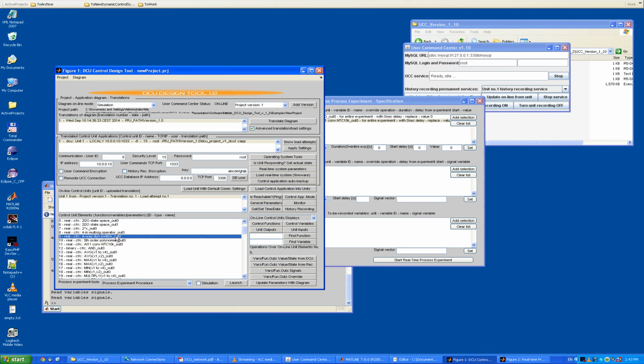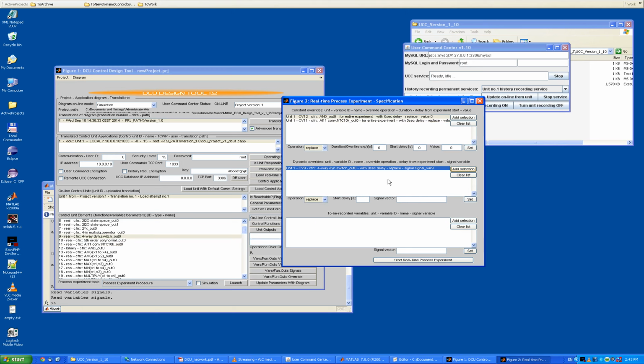Dynamic override, we can select variables for dynamic override and we select. Finally, we select also recorded variables. We can choose the same as in the dynamic or constant override. When we have selected all the variables, we can start